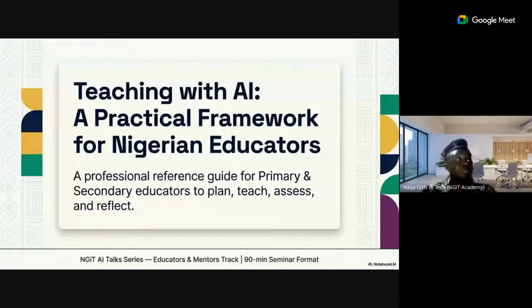Today we're going to be talking about teaching with AI. We'll be addressing a practical framework for Nigerian educators. And I, Olalekan Agbola, will be taking us through this session. I am the Associate Director of Niger Girls in Tech and also an AI engineer by profession. By now, I'm sure I don't have to define what artificial intelligence is, because practically every one of us here already has an idea of what it is. We've interacted with it, we've used it for one or two things in our daily